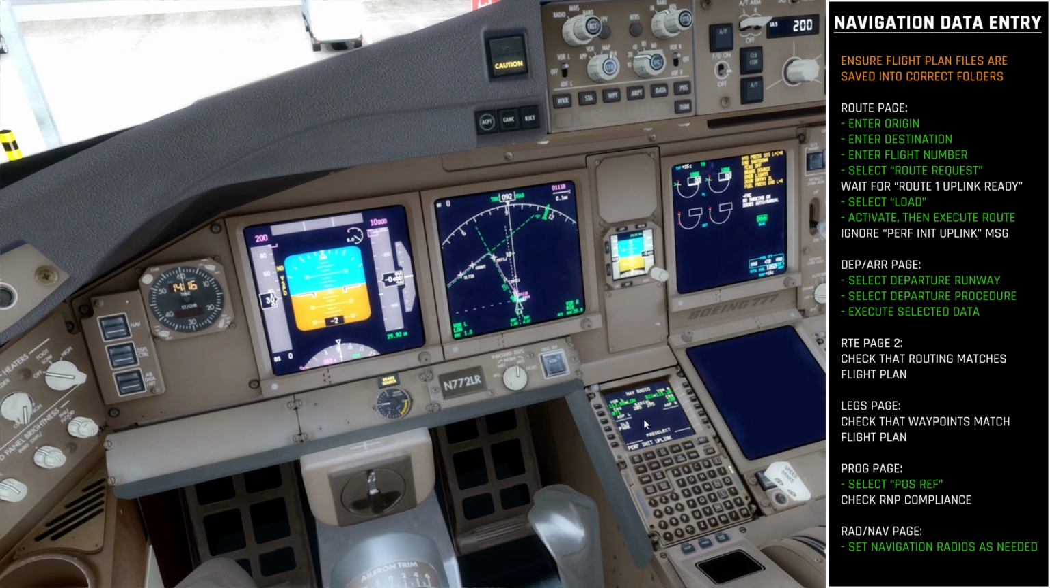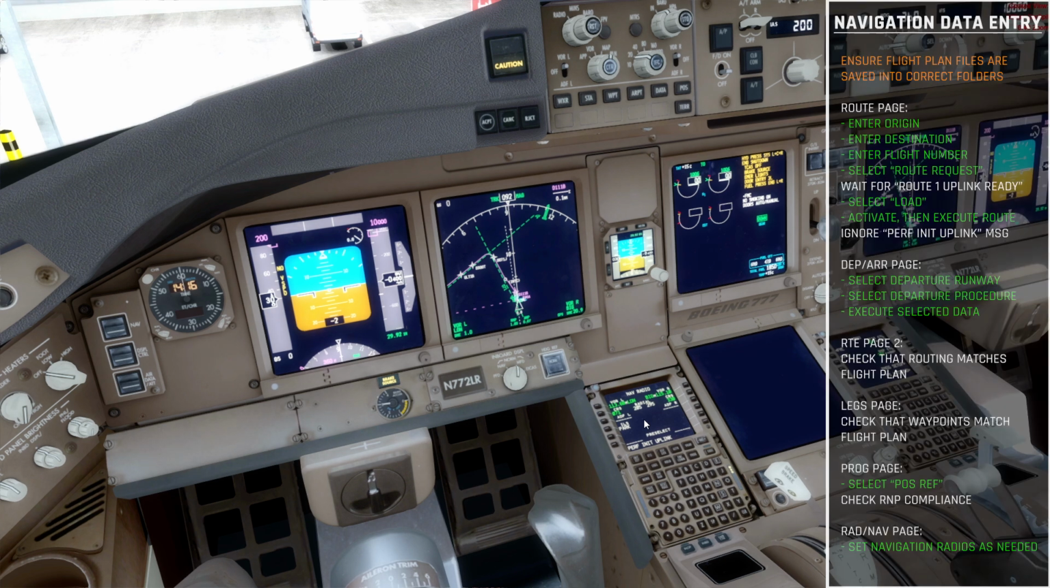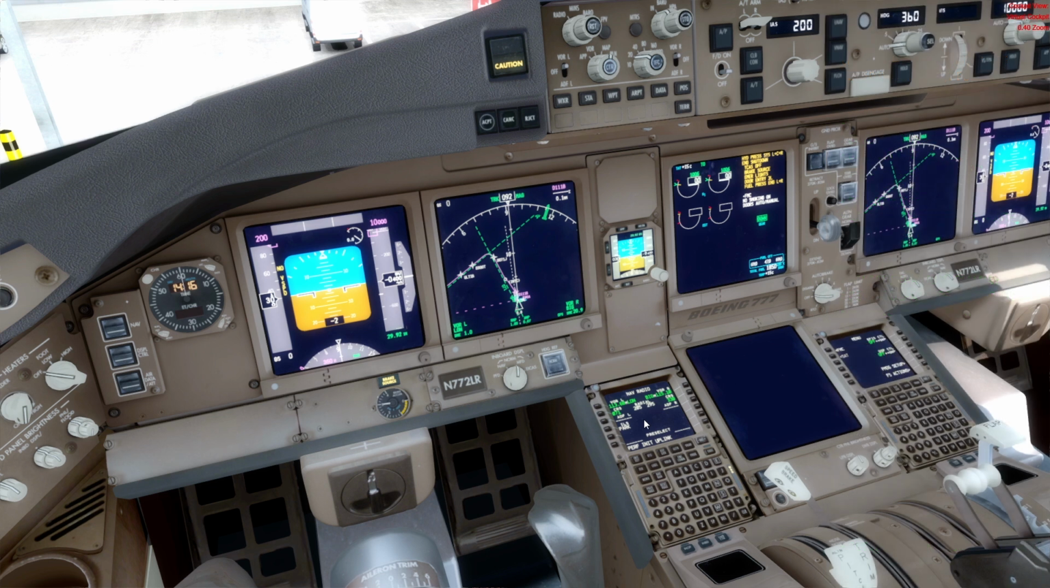Okay, so that marks the end of the CDU navigation data portion of this video. Next, we're going to take a look at entering performance data into the CDU so that we can be sure that the engines have the right level of performance for the takeoff and the climb. Now we're going to take a little break actually,